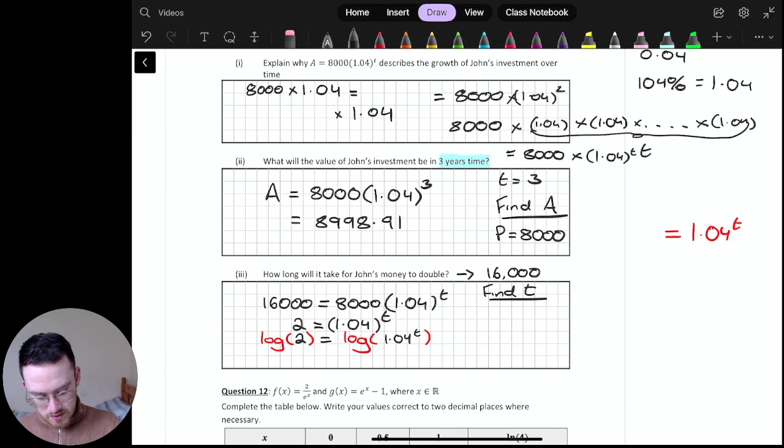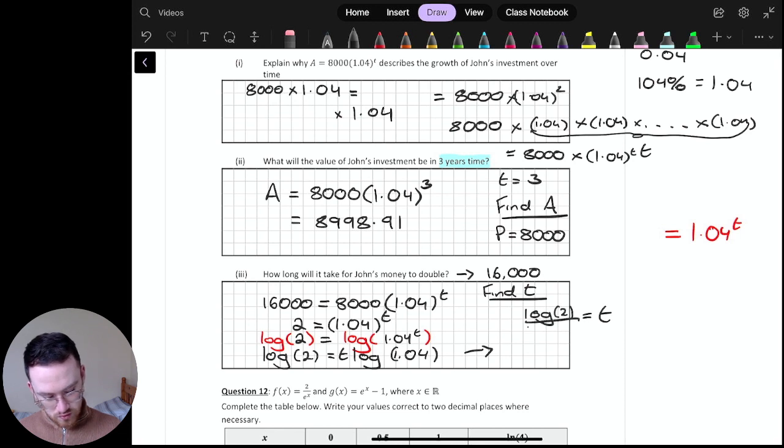Okay, keeping this going, log of 2 is equal to T log of 1.04, and this is the rule that we keep seeing, that idea that if we have 1.04 to the power of T, we can bring the T down to the front. If I continue it up here, we get then that T is equal to log of 2 over log of 1.04,